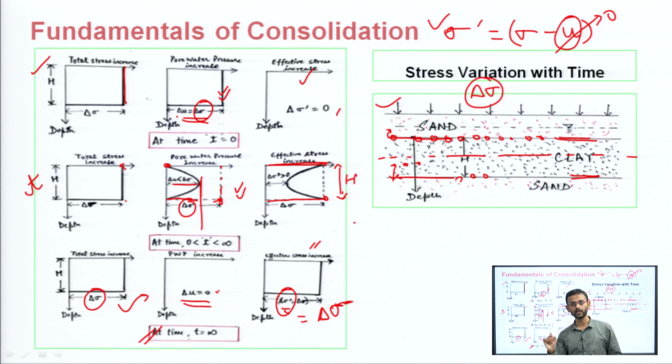consolidation will stop, okay, because the entire pore water pressure has now moved out. So there is nothing remaining, there can be no volume change, and you know that in consolidation we have studied that the volume change brings about the change in height, and till the point that height is changing, that the height is reducing, that the volume is reducing, consolidation will be taking place.